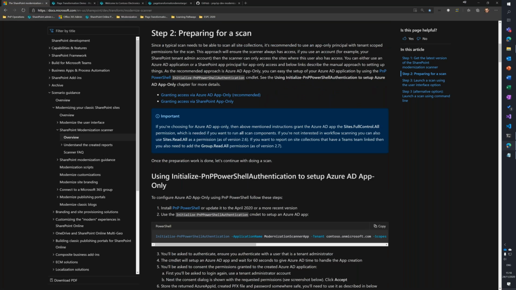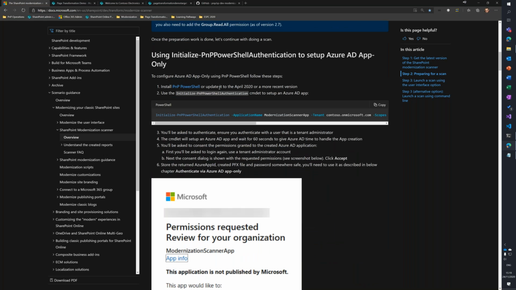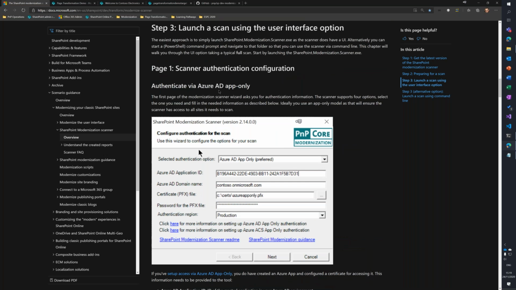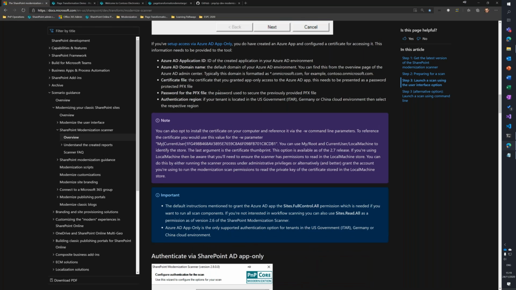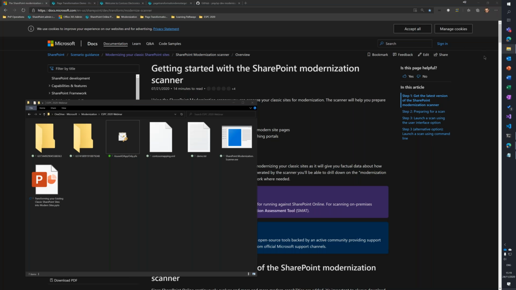Then you have to prepare for the scan. So the scanner will typically need to read all the sites in your environment, so you have to give it access. There's a number of ways to give it access. The recommended one is Azure AD app only based access. And then you can configure the scanner and so on. But instead of walking you through documentation, I'll actually show the scanner in action. So I go over here. I already downloaded the scanner. So if I launch it,